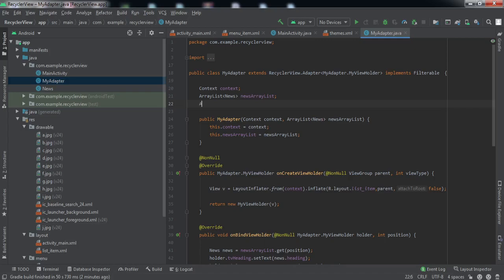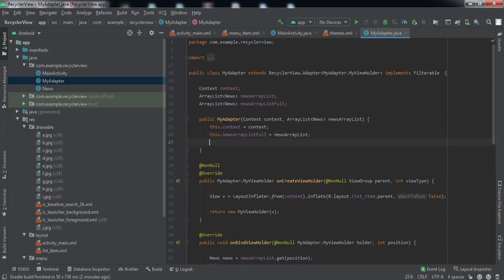So let me just create another array list. Now this news array list full will contain the whole data. So here let me put all the data inside this list inside the constructor, and now this dot news array list will contain all the data that this list has.